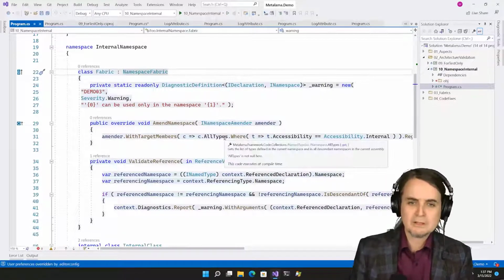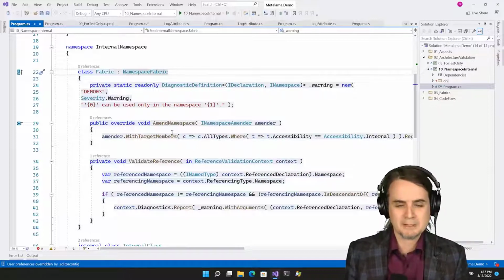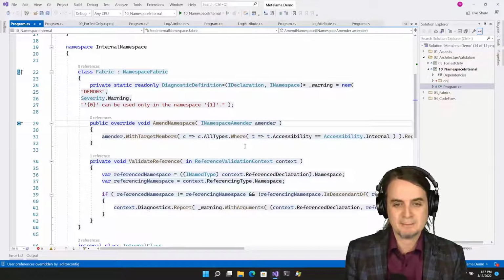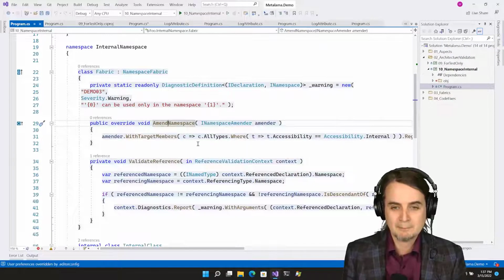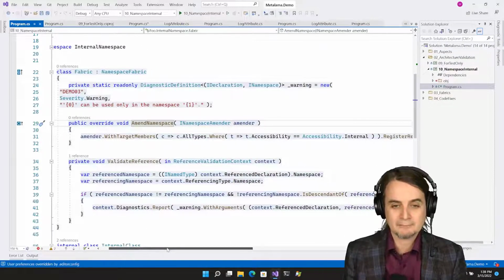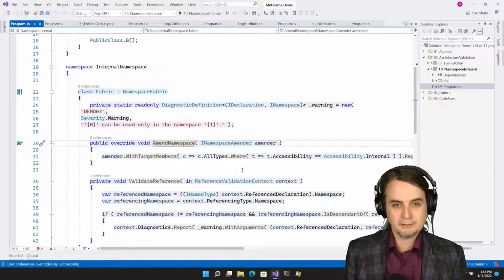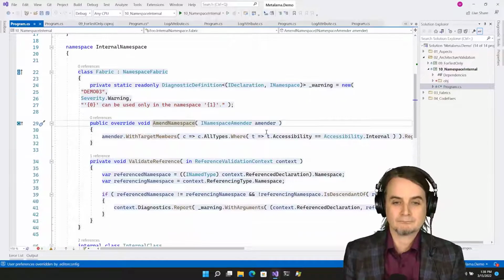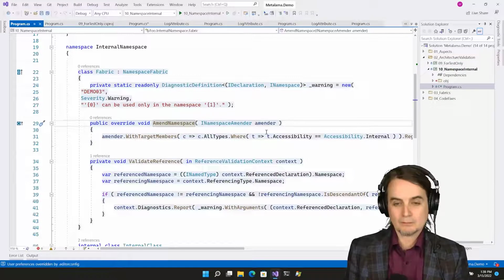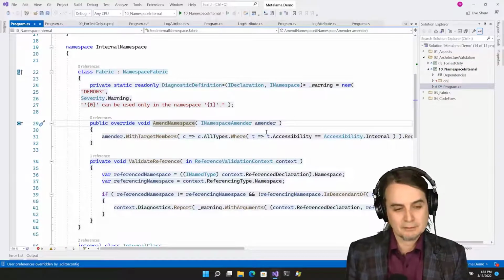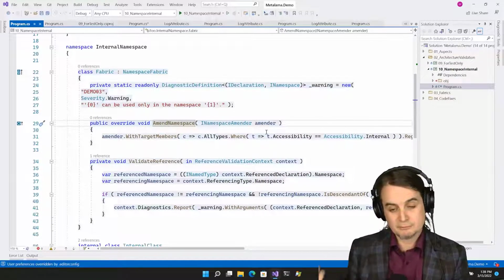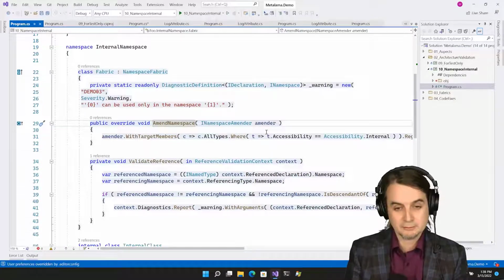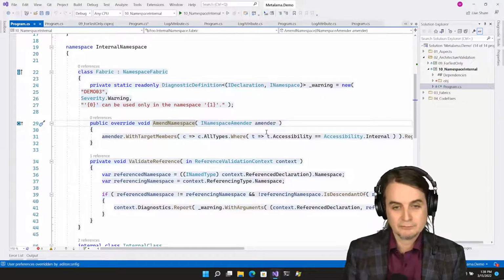So the main method, the entry point of a fabric, is the amend method. So here we have amend namespace, and here what I would like to do is to say that this namespace is internal, and internal means that, I imagine, it's just my own imagination, and it's not something written in stone.